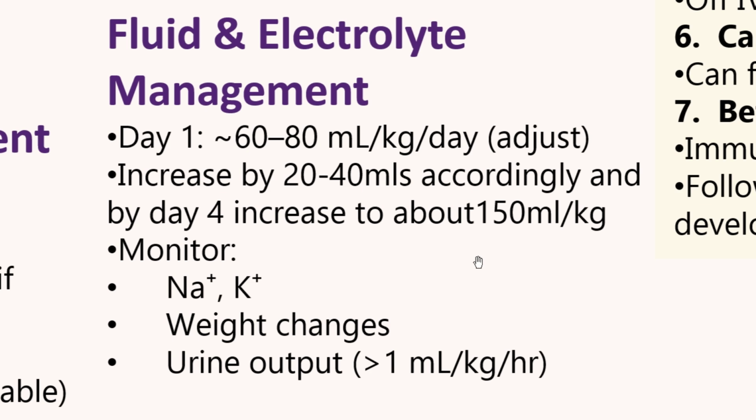You want to keep a urine output always that is about 1 mil per kg per hour. So you're going to make sure you're giving a bit more fluids. But remember, babies also don't tolerate the fluids very well. And these are kids who are very prone to electrolyte changes. You have to make sure you're monitoring the sodium. You have to make sure you're monitoring the potassium at all times. And then the weight changes in this child.